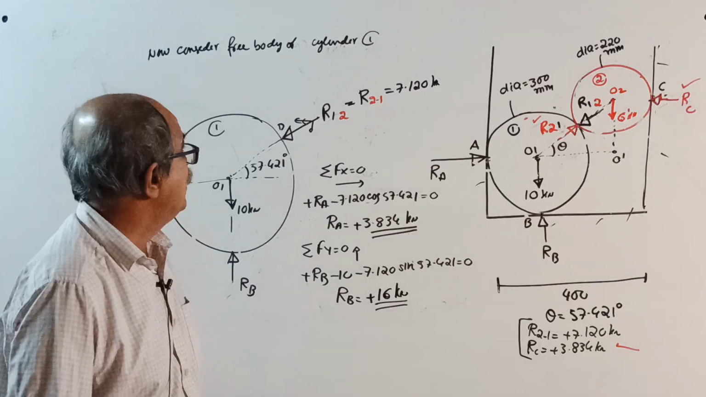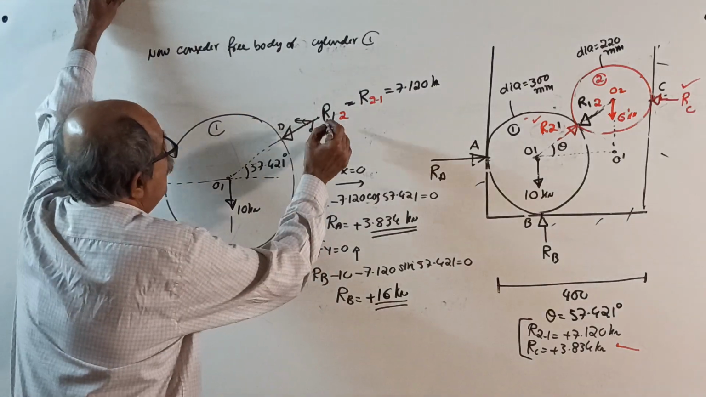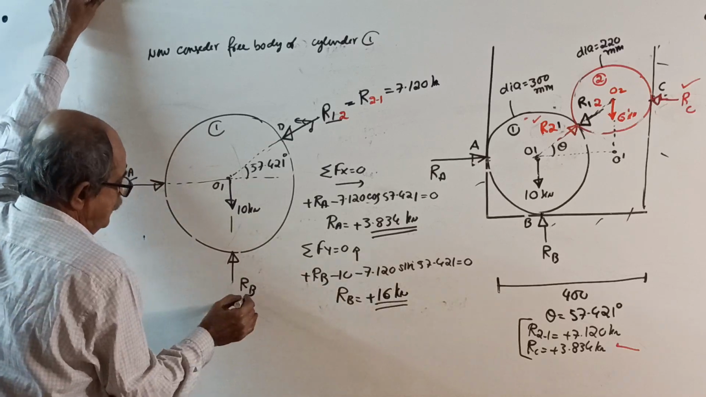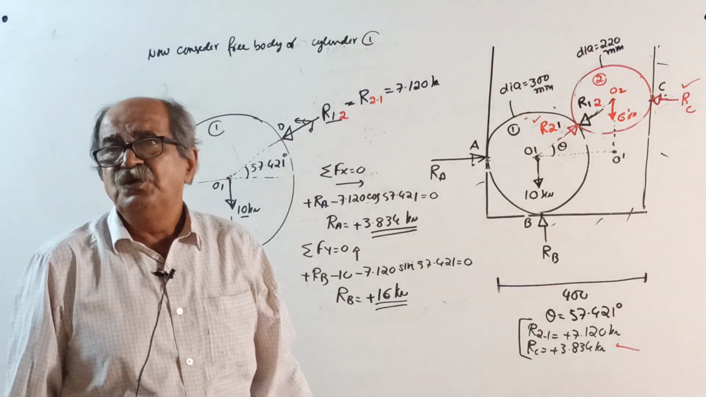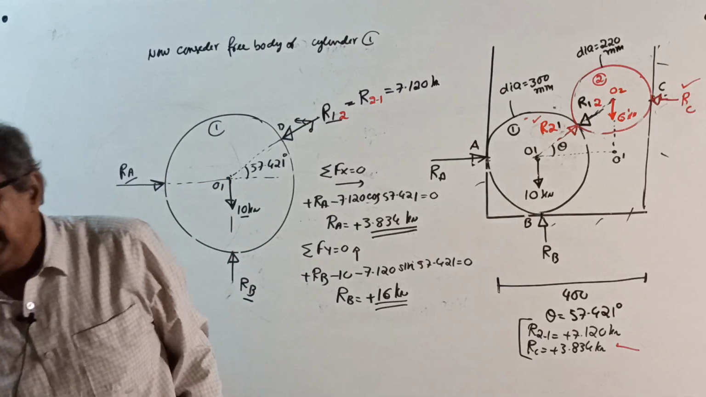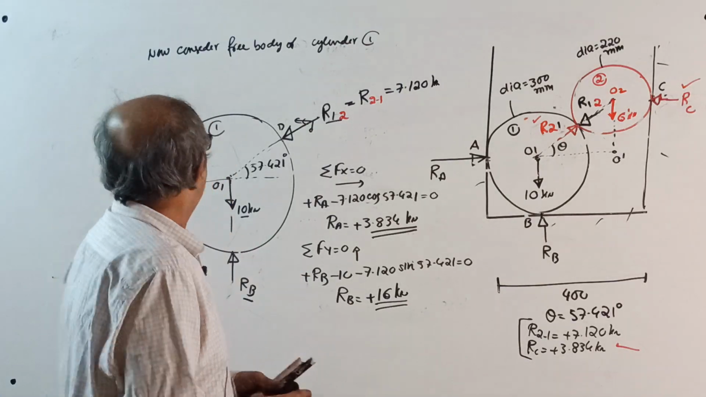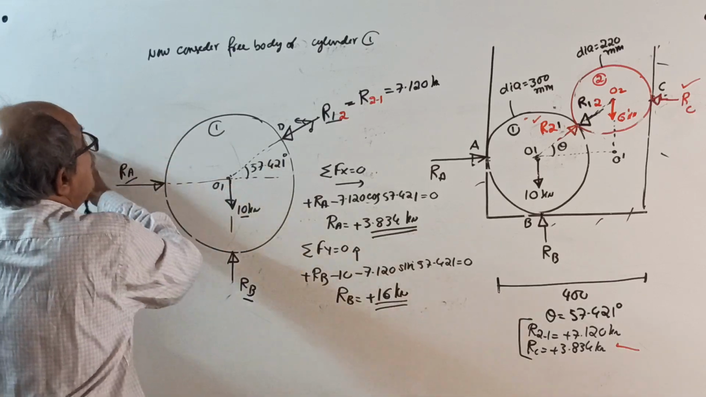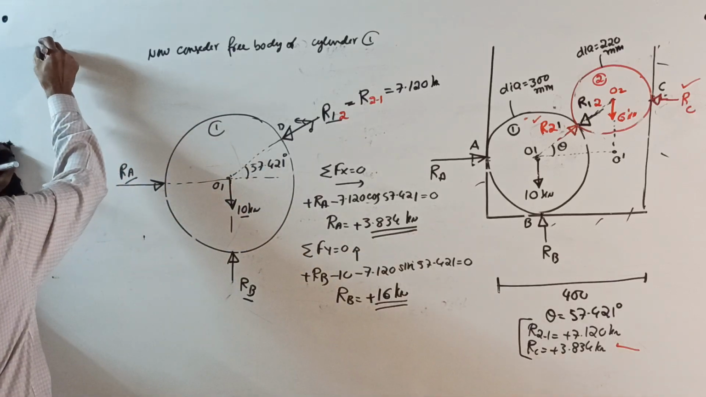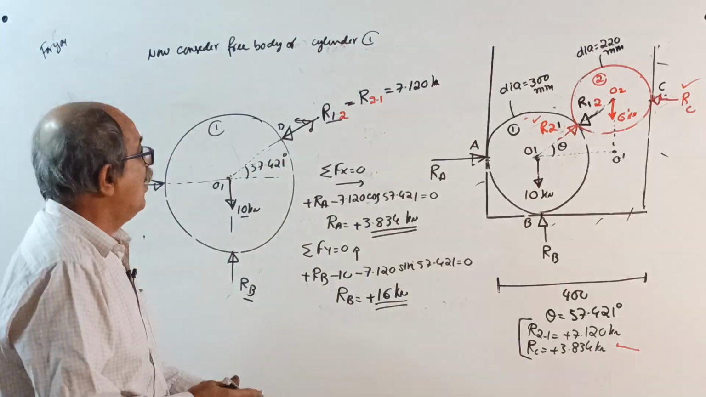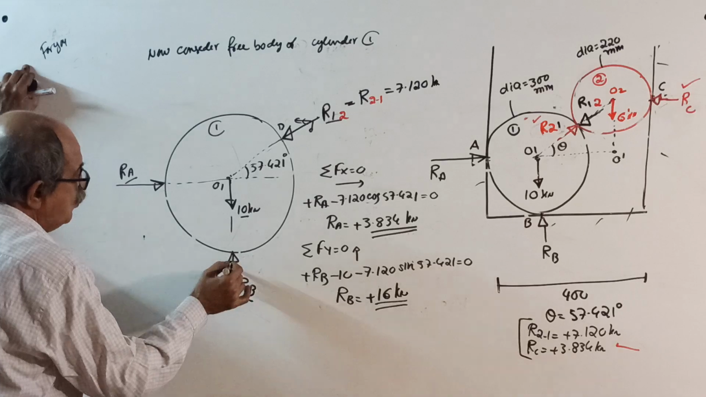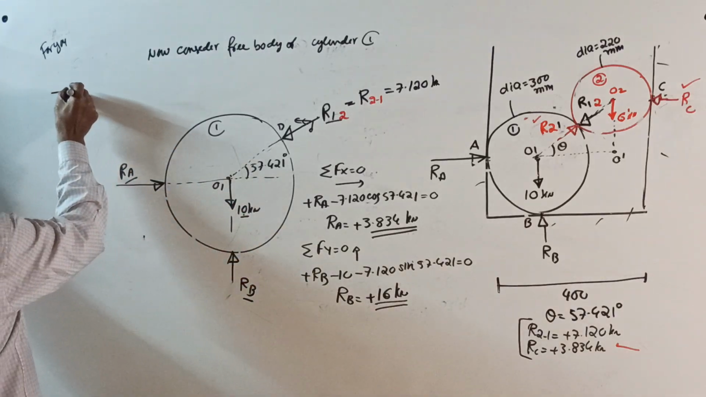Someone will ask, sir, what about Lami's theorem? See, 1, 2, 3, 4. So, 4 forces, directly Lami's theorem you can't apply. But in this case, it is an exercise for you. If you want, you can apply Lami's theorem, because these are collinear. What you do? Put RA this way